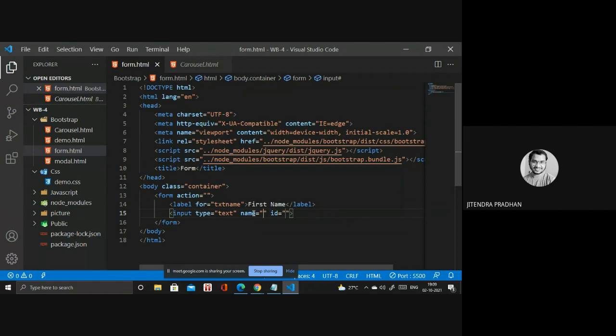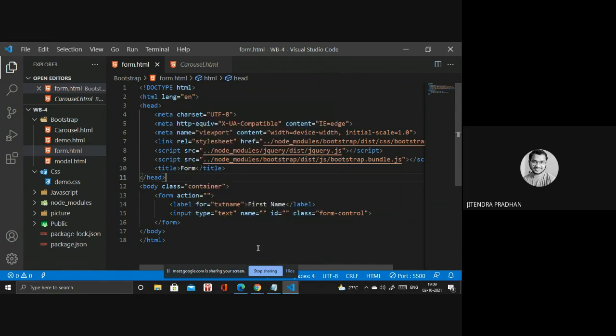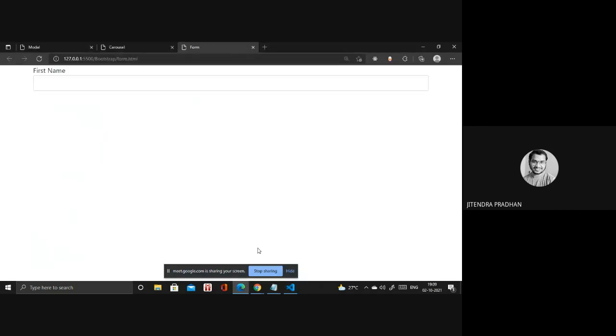Okay, and you have to use the class name like form-control. Okay, if I open that with live server, let's see how it looks. Only one class. Have you observed that? I'm using only one class, it's form-control. It looks better if you design it in that HTML, right?